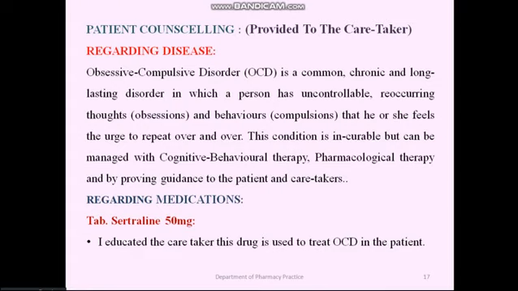You have to counsel the patient regarding three types: regarding disease, regarding medications and regarding lifestyle modifications. Coming to regarding disease, what is the basic information that the patient should know, we have to write in regarding disease. And coming to regarding medications, what type of drugs are given to the patient at discharge and how the drug is to be taken.